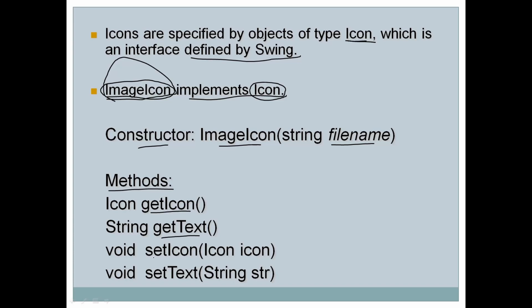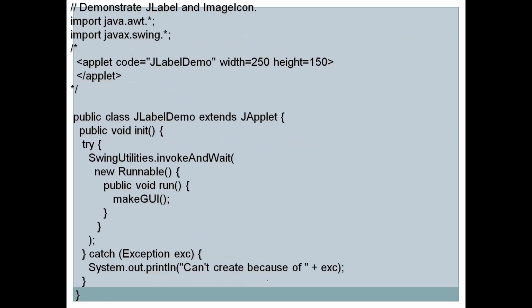Same way for icons, we have setIcon. So these are the getter methods, getIcon and getText. We have setter methods, setIcon and setText. At runtime, you can place an icon on the label. If there is an icon on a label and you want to change the icon upon clicking a button or on some other activity, you can change it by using the method setIcon. Same way you can set a text at runtime by using the setText method, and you can pass a text here. Okay, let us go through an example program.